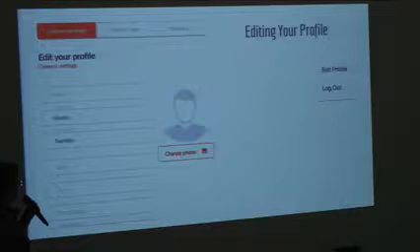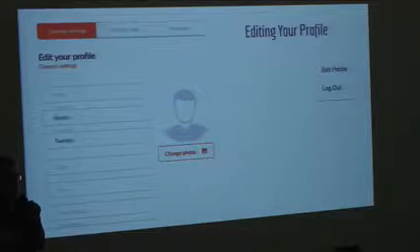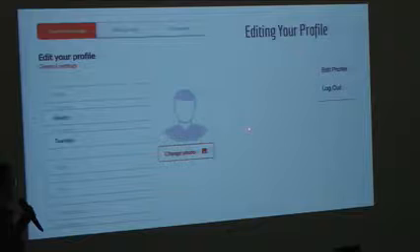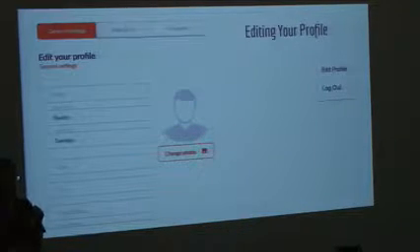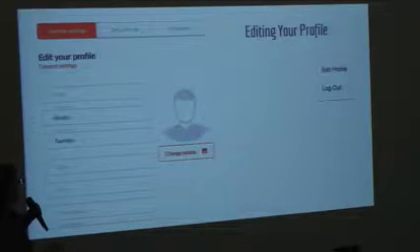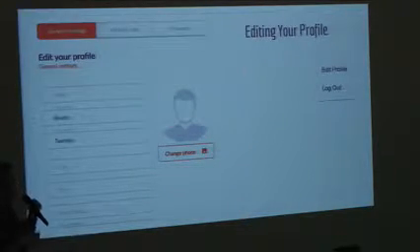Changing your photo, you would click here, and then you could upload something from your computer or online or whatever you want to put there. Now, I'm going to say something that's probably going to be confusing, and it's not that important, but you will see it at some point, so I want it planted there. The photo that you choose for your user profile is your choice.